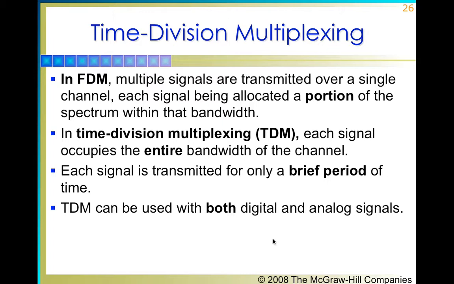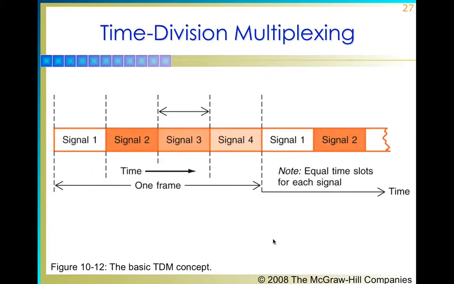And time division multiplexing is used for both analog and digital signal communication. Here you can see that we have a frame, and one frame is getting information from 4 transmitters in different time slots, and then the next frame starts from here, which again sends information of the 4 signals, and the data is shared in the form of frames.